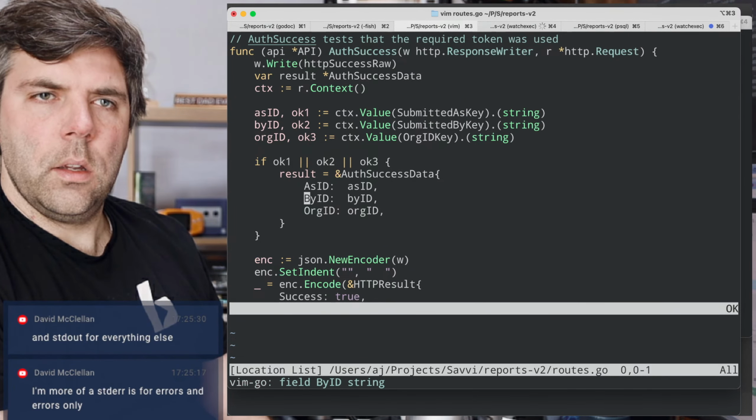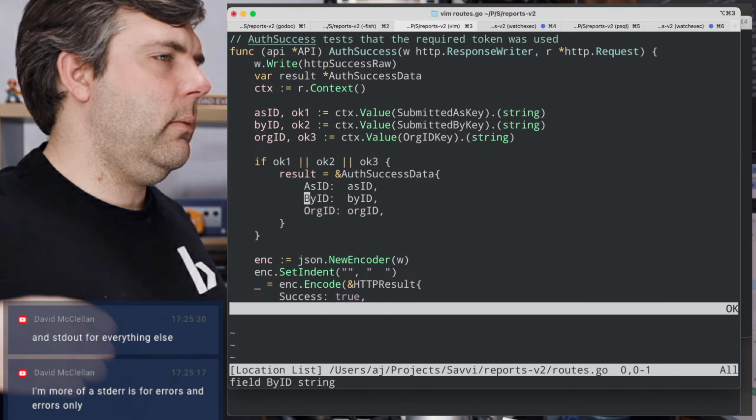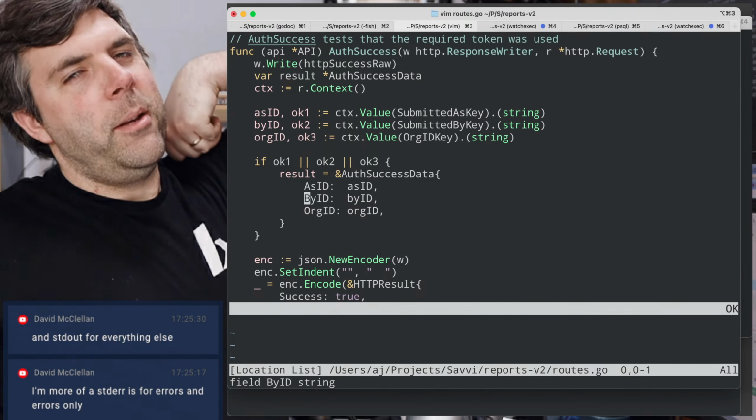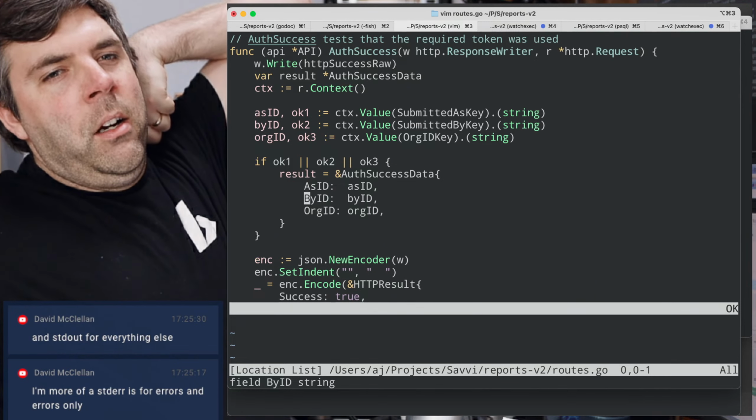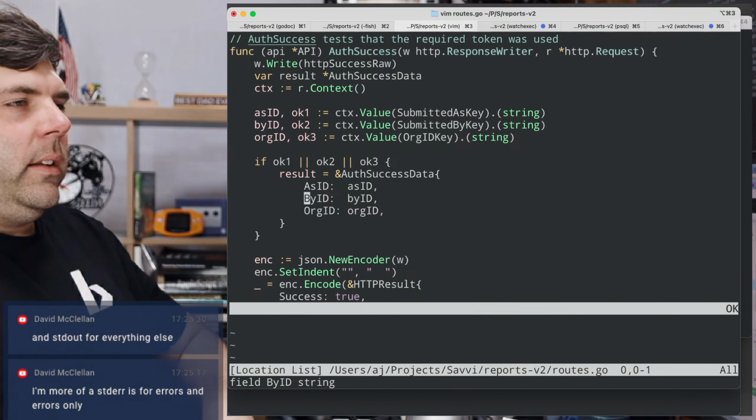Okay. More of a standard error for errors and errors only. Nah, I like standard error for debug info. Standard error is for things that don't pipe to the next thing in the process.